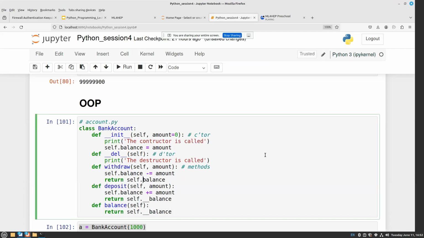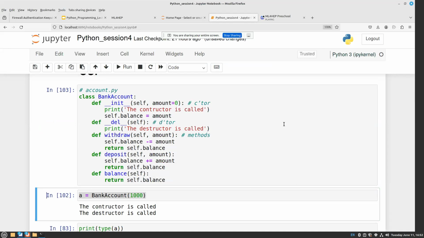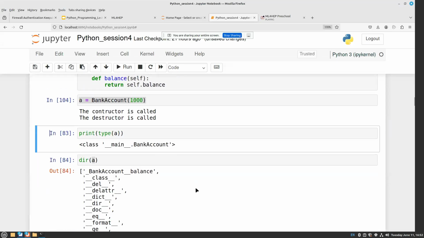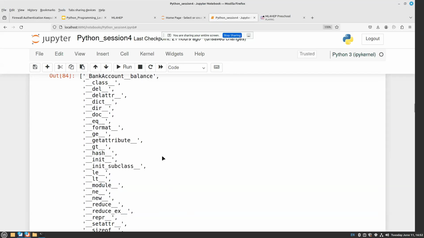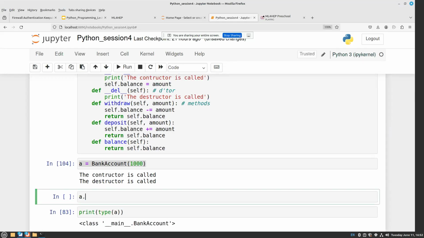If I put underscore underscore, with the new version, Python 3, maybe Python has done the right job. So let us remove the underscore underscore from balance, and let us execute it again. I create the object, and then I just